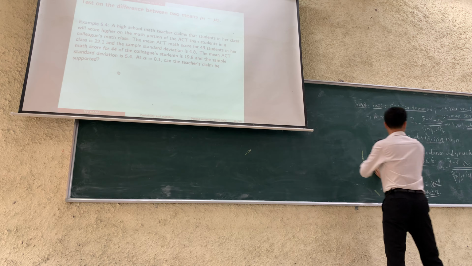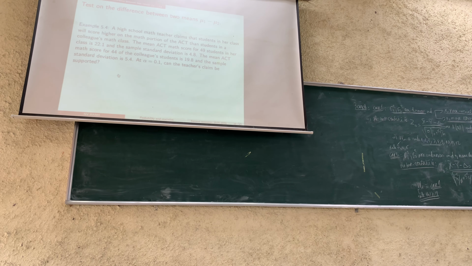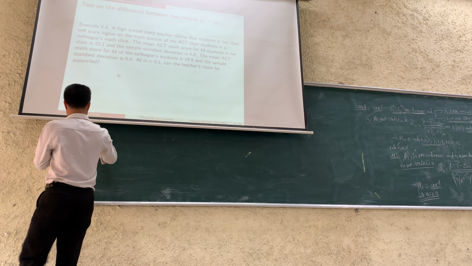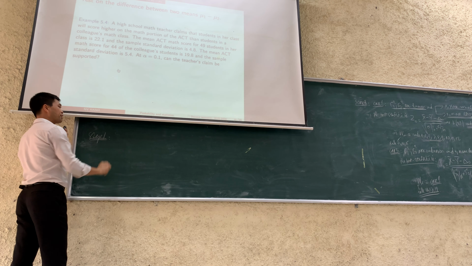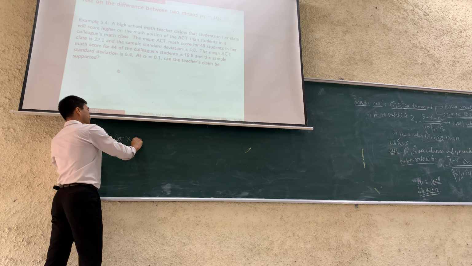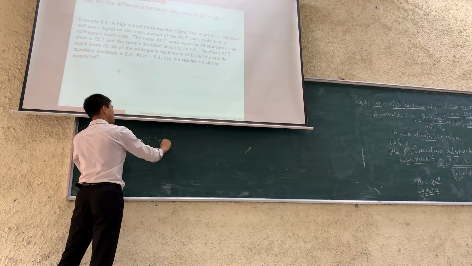First step. Okay, we go through this example very quickly. The first step: we define two observed variables. What are the two observed variables? Let X and Y be